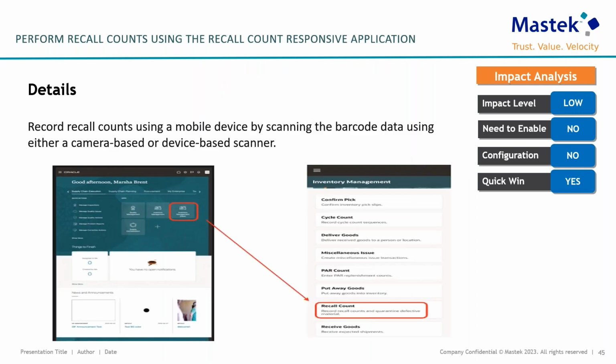Now moving to the next one, the feature is perform recall counts using the recall count responsive application. So we can record recall counts using a mobile device. Again, for this feature we can use our mobile device by scanning the barcode data to